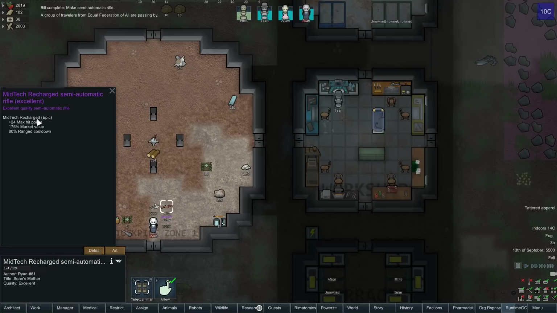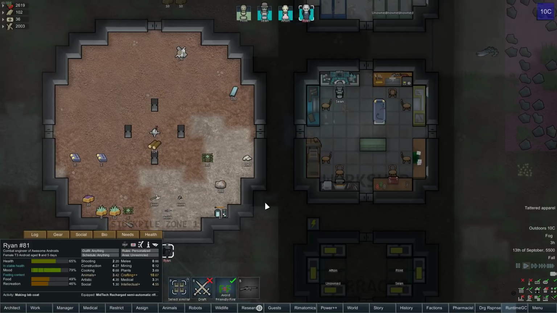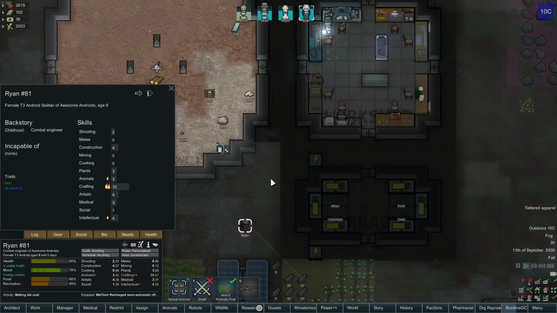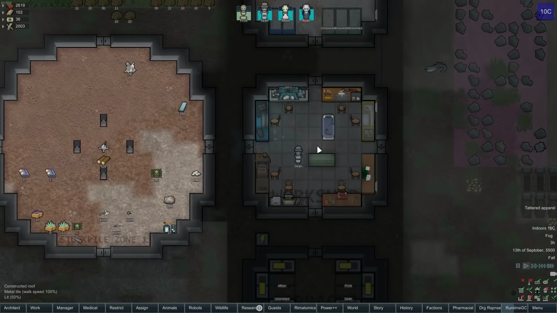It also got this effect here. Mid-tech recharged. So, it's got a 20% reduced cooldown. More hit points. Excellent quality. Jeez. What is your actual crafting skill right now? It is a 10. It's not insanely high. Global work speed decrease. Well, that's unfortunate, but...